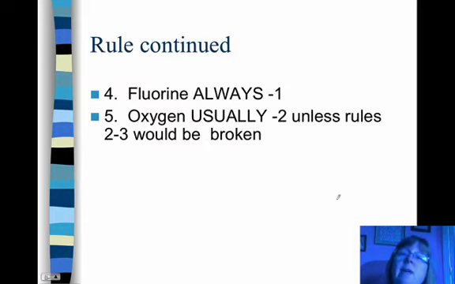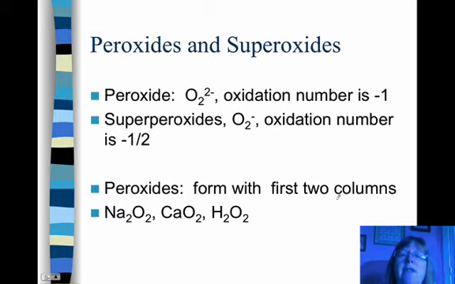All right, fluorine is always -1. So now we're talking about rules with nonmetals. And oxygen is usually -2 unless the second or third rule would be broken. So oxygen is kind of a special case. Most of the time it's -2, but there are a few rare exceptions. There are things called peroxides, you've probably heard of them, and superoxides. All right, peroxide is when oxygen has a -1 oxidation number, and superoxides are when oxygen has an oxidation number